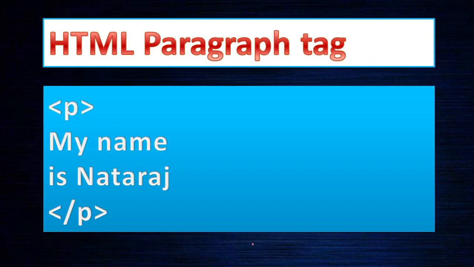Next one is the paragraph tag. Let us use the paragraph tag. Whenever there is a paragraph, you can specify the paragraph. The advantage is that when you specify the paragraph, it automatically takes the end to the next line. So you don't need to use the break tag. We are using break, no? Therefore you don't need to use the break. It automatically takes you to the next line. Even if you type in multiple lines, it always shows in a single line. Even if there are multiple lines, it makes a correct paragraph.